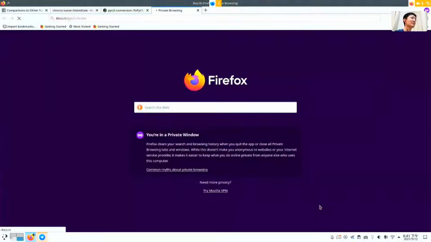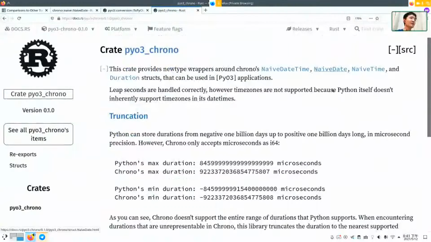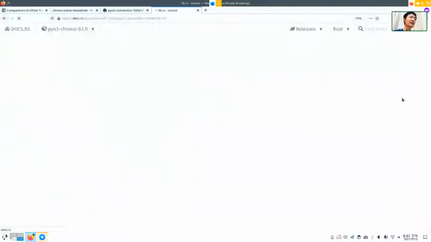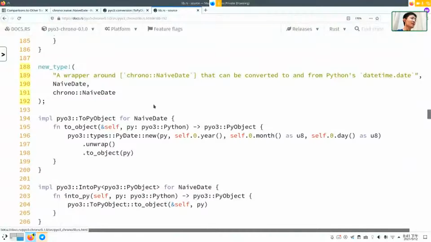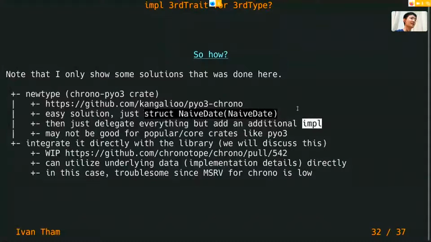the pyo3-chrono crate. What it does is it just wraps around the NaiveDate in a newtype, and it delegates all the original stuff to the original implementation. And basically, okay, here they use a lot of macros. So basically what it does is like this. You can see a struct NaiveDate like this. Basically, this is the original, so the inner NaiveDate is the original chrono NaiveDate, and this is the pyo3-chrono NaiveDate. So you can just use the pyo3-chrono NaiveDate and